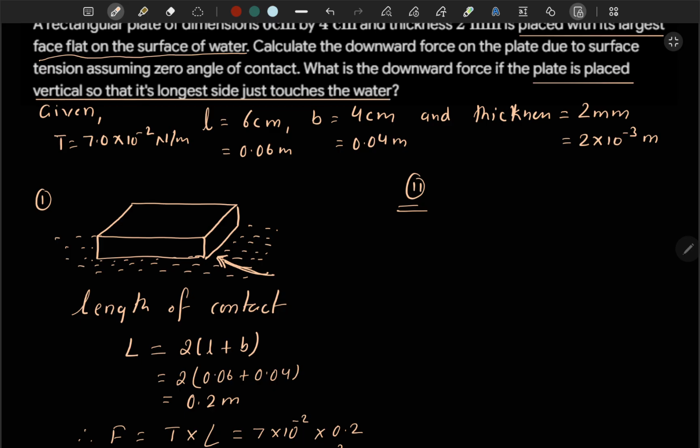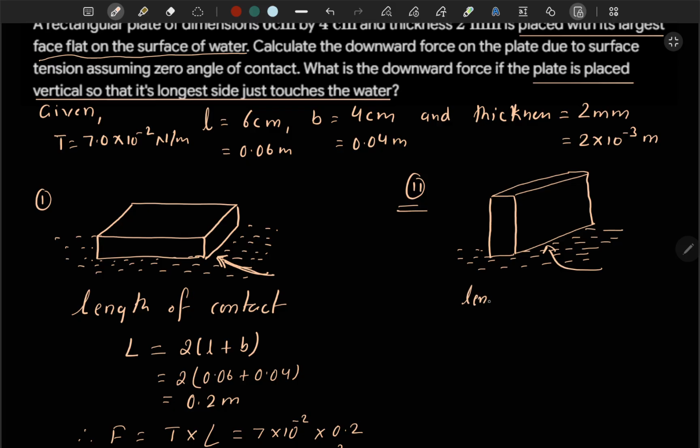So in this case, the plate is placed like this, and this surface is in contact with water. This surface is in contact with water. So here, length of contact